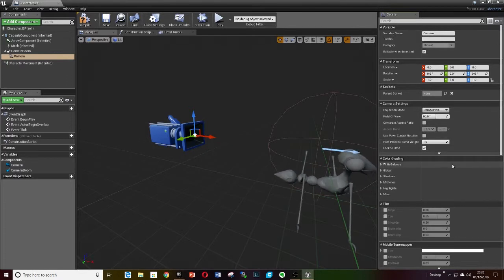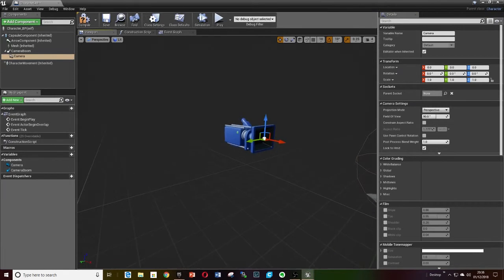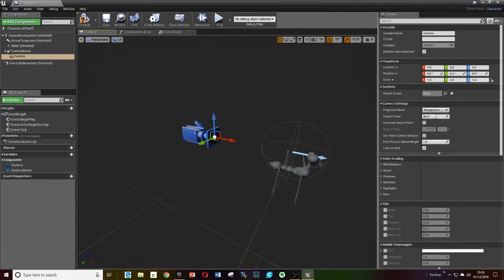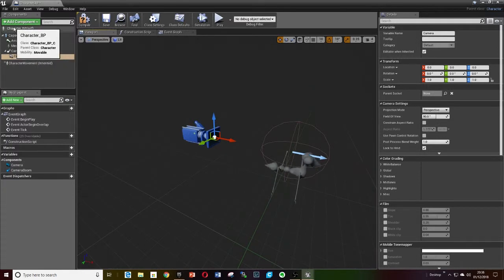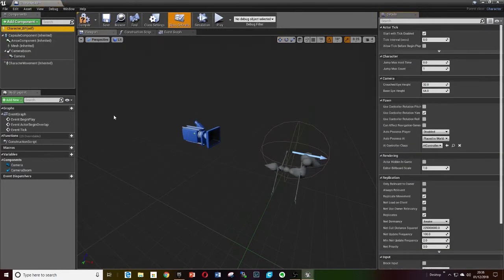So page 63, it says your final camera setup should look something like this, which it does. In the image there, we've got the character, we've got the collision box around it, and we've got the camera close to it now as well. It says select the character BP self node. So character BP self, the one right at the top here. If you just click on that,